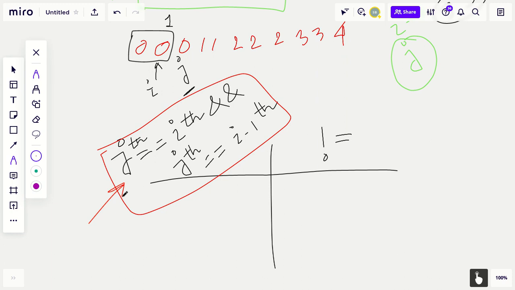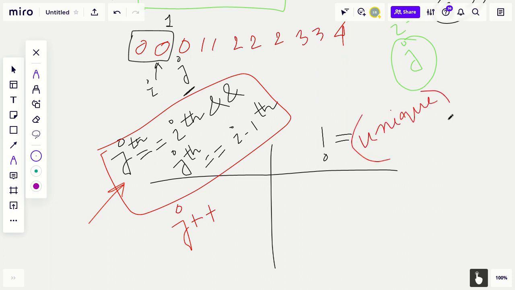Otherwise it will be considered as unique. So when we find a non-unique element, we do not need to bother, we will simply do j plus plus. Otherwise, if it is found to be unique, here it will be unique.